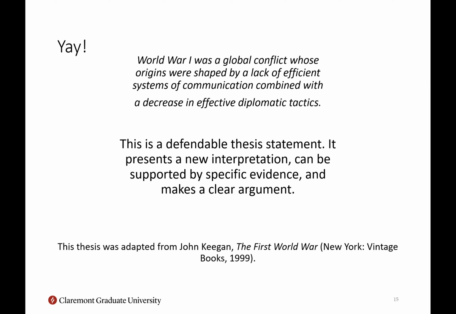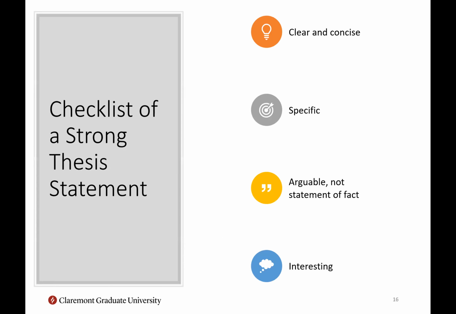If you're writing a research paper, you want to bring it down to a much smaller level. But if this is where you were at with that first draft thesis, you'd at least be on the right track to developing this into something solid. So now that we've gone through what the thesis is, a couple of examples, we're going to go through how to develop that starting point sentence into a strong thesis statement.